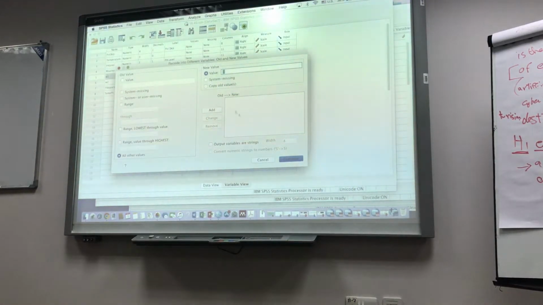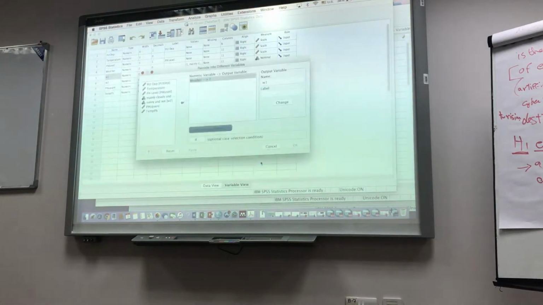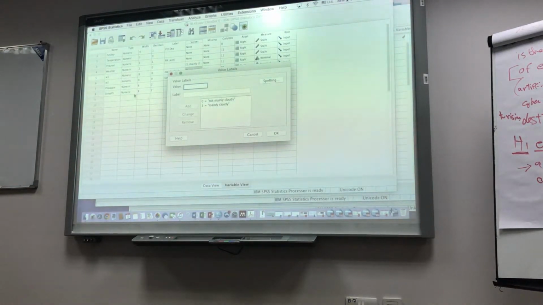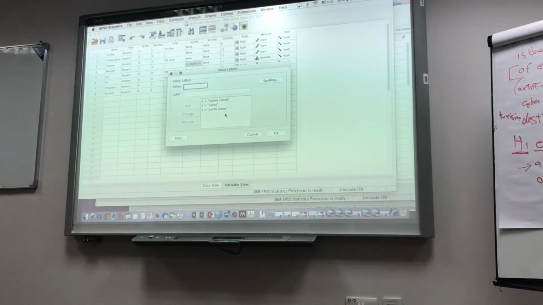You should have added it, right? Yes, but I already did that, so I just want to show you how to do it. So it should be 1 for 1, and then all others should be 0. Yeah, same for the other variable. And then you need to give the values here for the W1 variable. One is for the mainly cloudy, and the other is for others. And the second variable, because there are three categories: mainly cloudy, sunny, and partly sunny.